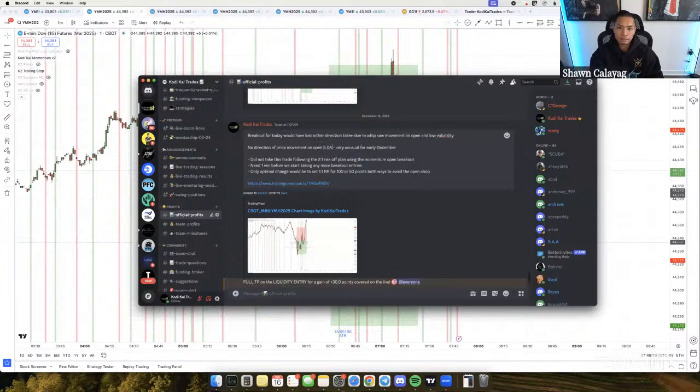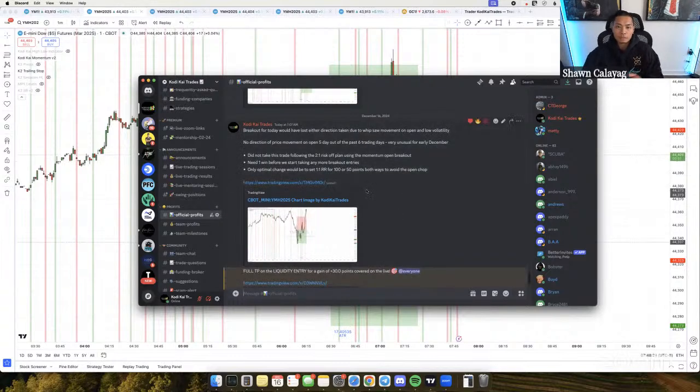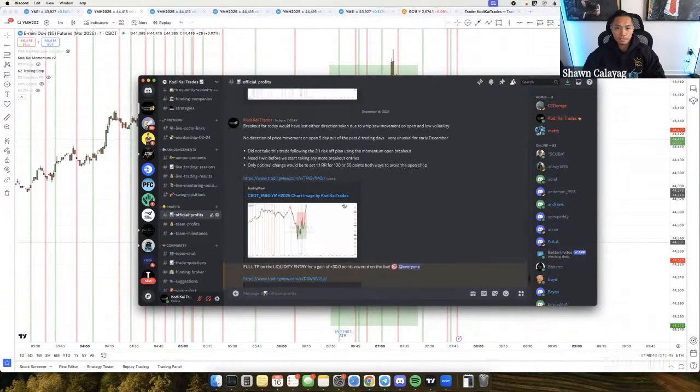So we'll say 5 days, past 6 trading days, which I do think is very unusual. The breakout, and just in general, there hasn't been very much price movement on open for the past 5 days now. So Monday last week, Wednesday last week, Thursday last week, Friday last week, and then today. That's 5 days. That's basically 4 straight days back to back where there hasn't been any direction with the breakout,